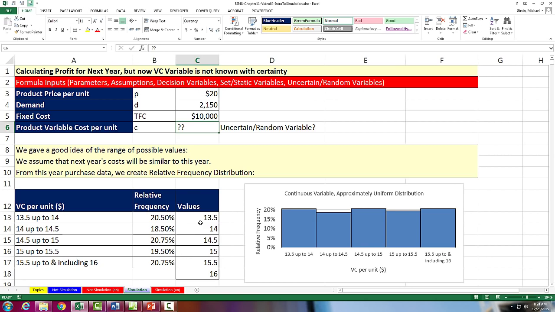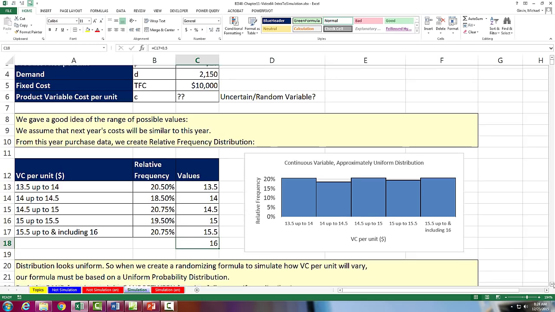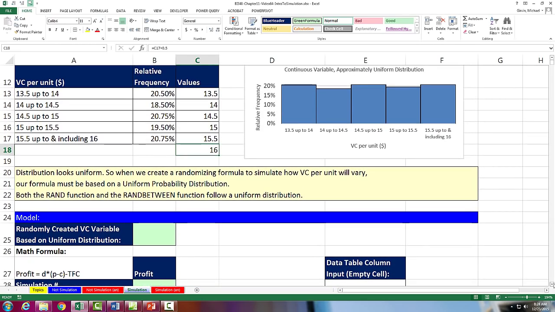All right, here is the min. Here is the max value for our range. We know our distribution is continuous, approximated by the uniform distribution. So watch this. In Excel, there are a bunch of great functions for randomly creating variables. Now, the RAND function and the RANDBETWEEN function follow the uniform distribution. In this video, we'll look at the RANDBETWEEN. Next video, we'll see RANDBETWEEN, RAND, BINOM.INV, NORM.INV, VLOOKUP, and a bunch of other functions for creating random